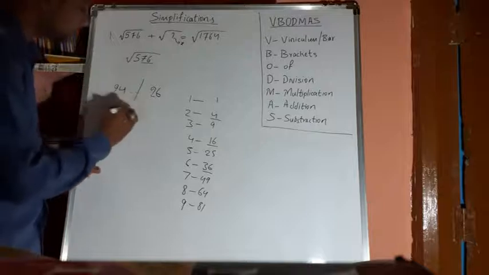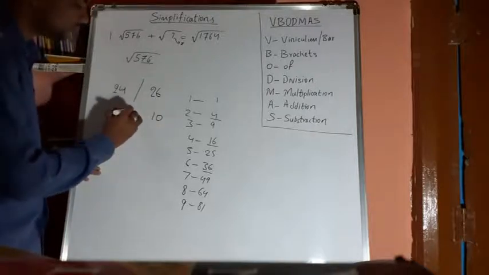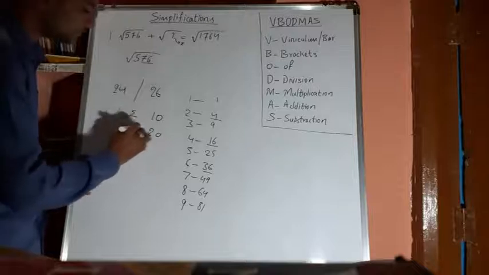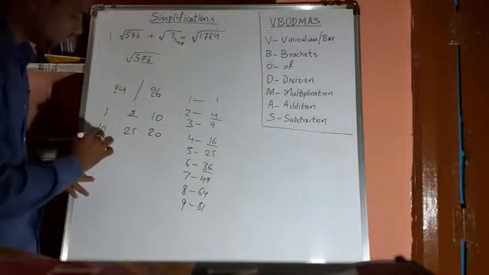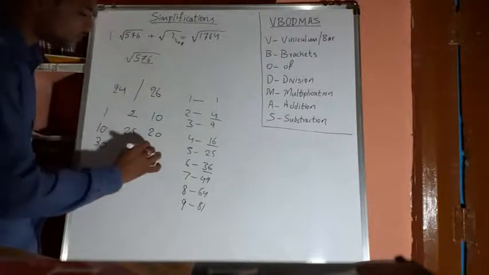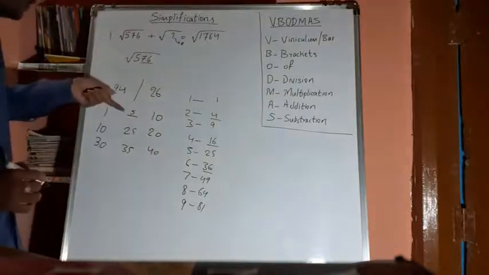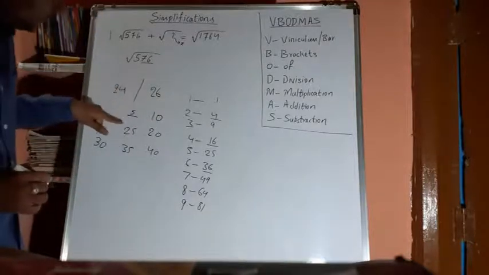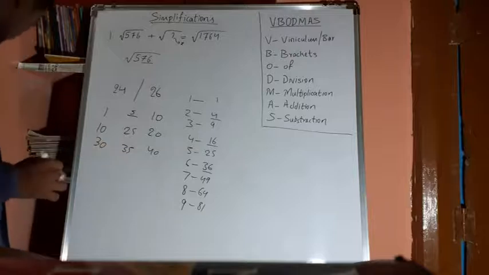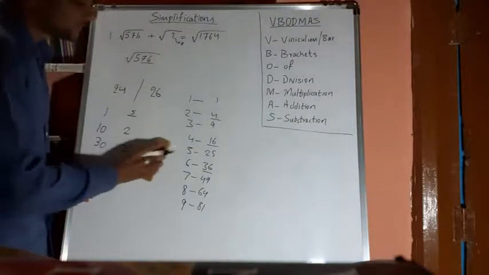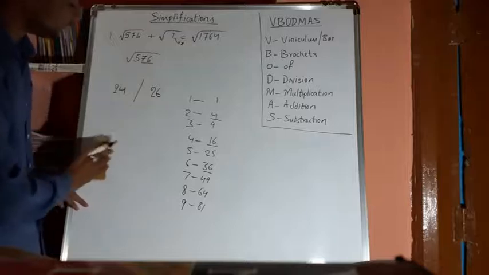See here, between 1 to 10, what is the middle number? 5. Between 10 to 20, what is the middle number? 15. Between 30 to 40, what is the middle number? 35. See, try to select the middle numbers ending with the 5. See, why I am focusing on the middle numbers ending with the 5 is because for multiplication it is very easy. That's why I am saying.